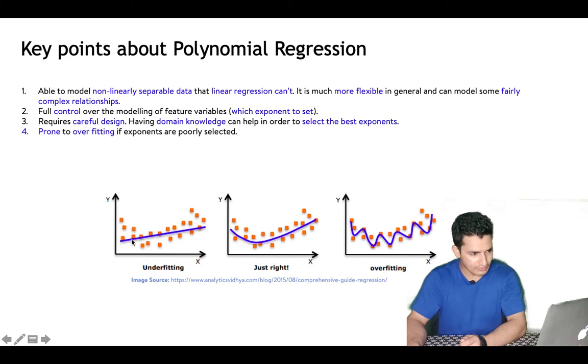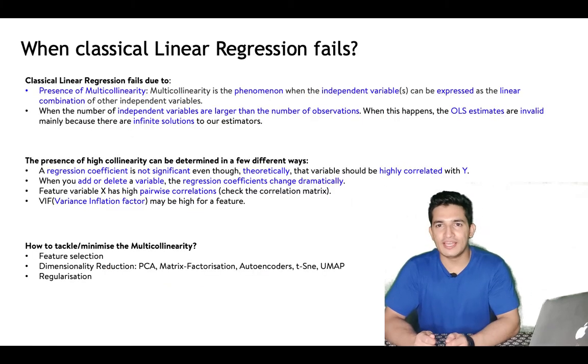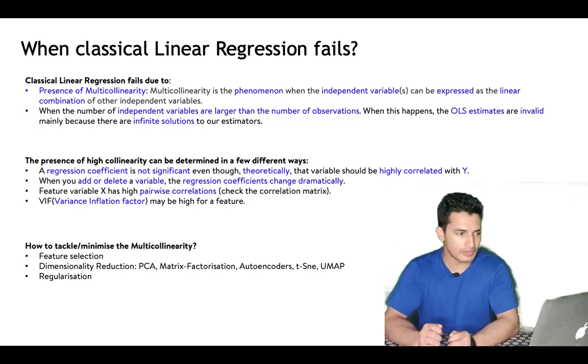Like in this example, if we model with x, it's not able to explain the data well, but if we use second power, it is able to model the relationship better. And if we use a higher exponent, the performance on the training set is pretty good, but it's overfitting and the performance on the test set or unseen data degrades. So with that, we have looked at polynomial regression, where it is useful and what points we need to be careful about while going for it.